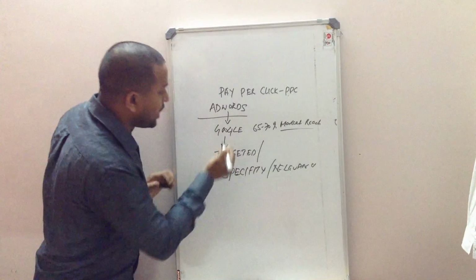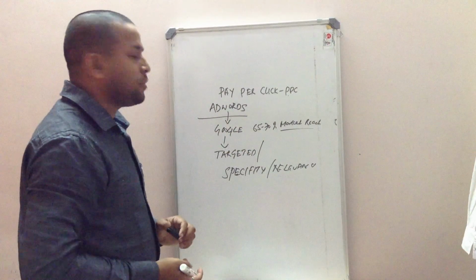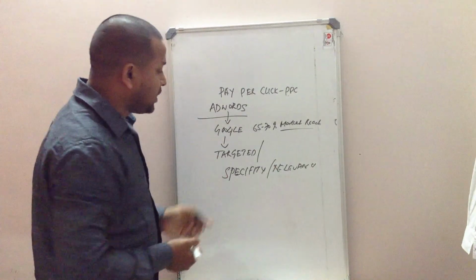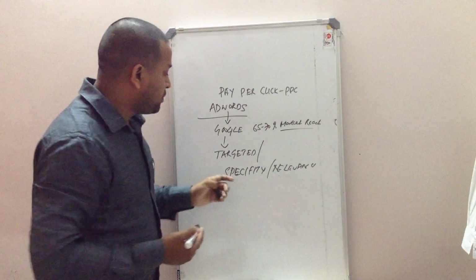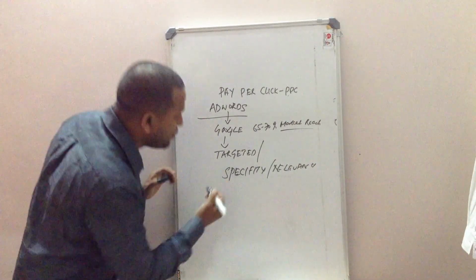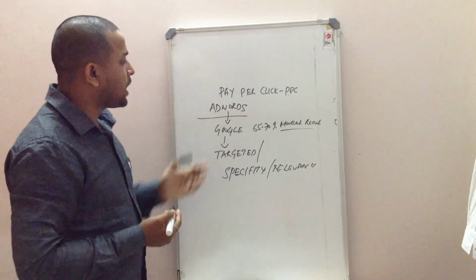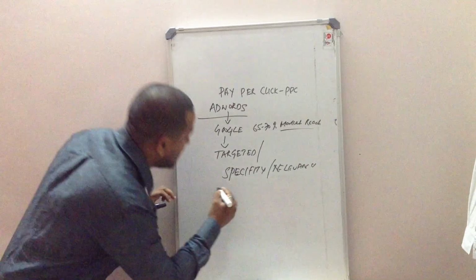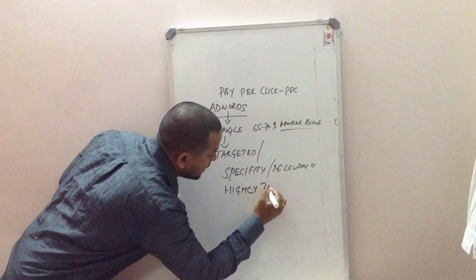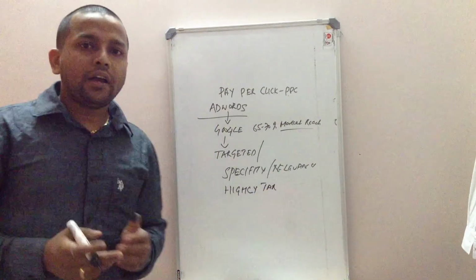So Google has got 65 to 70% of market reach. Secondly, their ads are highly targeted. Third thing is they emphasize more on specificity and relevancy. Now, this I could say is the main focus, the main intention of running your ads on AdWords, that it is highly targeted. What do you mean by highly targeted? Now, for me, the highly targeted